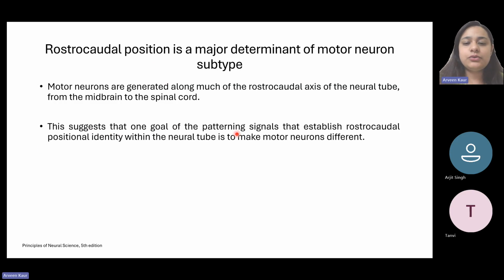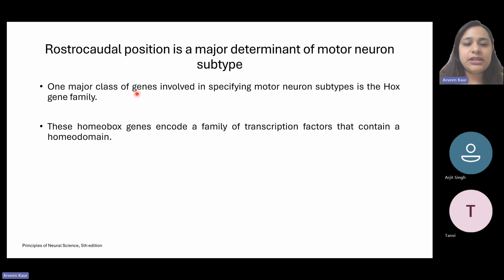This suggests that one of the goals of the patterning signals that establish rostrocaudal positional identity within the neural tube is to make motor neurons different. So that is one of the roles that the rostrocaudal axis is playing in the dorsoventral patterning also, right? One of the major classes of genes involved in specifying motor neuron subtypes is the Hox